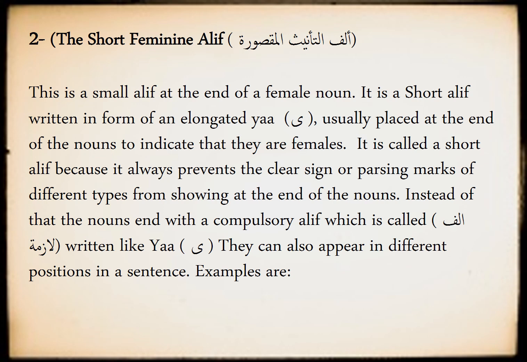It is called a short alif because it always prevents the clear sign or parsing marks of different types from showing at the end of the nouns. Instead of that, the nouns end with a compulsory alif, which is called aliful lazima, written like ya. They can also appear in different positions in a sentence. Examples are